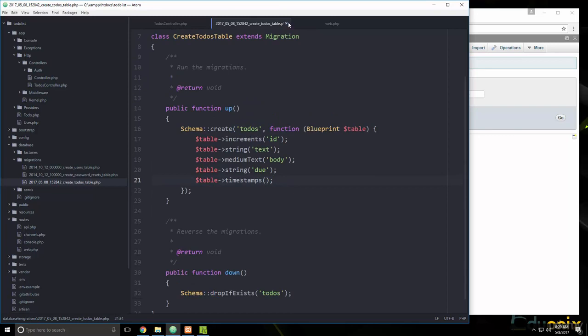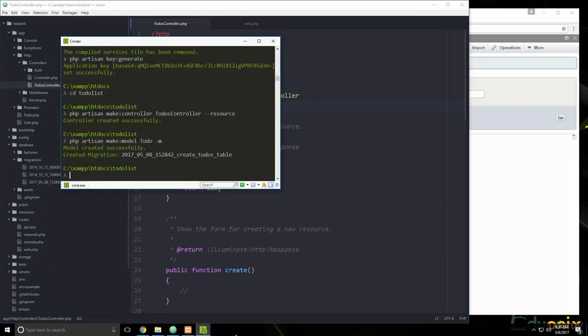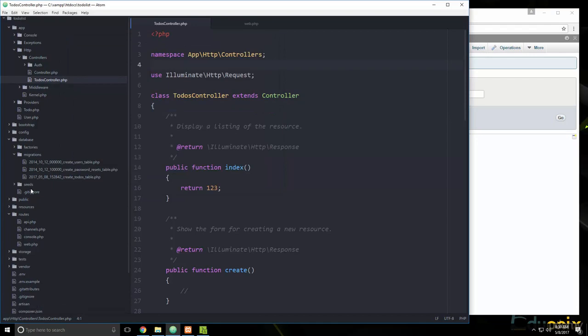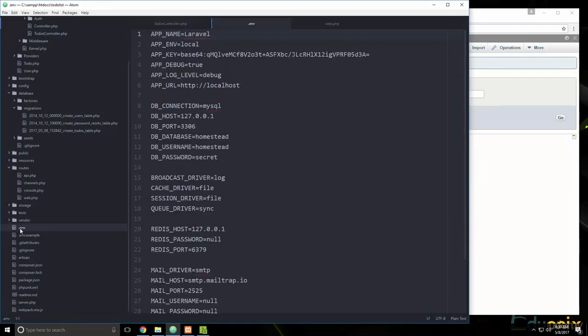Let's go ahead and save this. And then we want to run the migration. So we'll say php artisan migrate. Oh, I keep forgetting to do this. We need to put in our database fields in the .env file. So DB database is going to be to-do list, username, password,